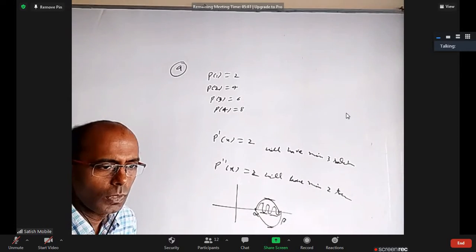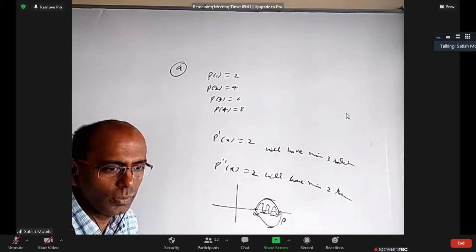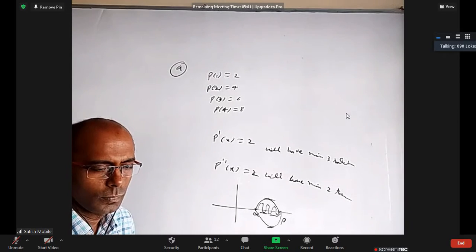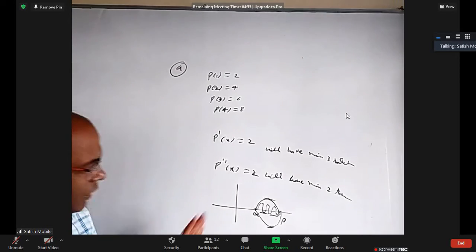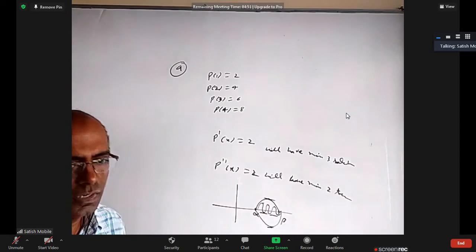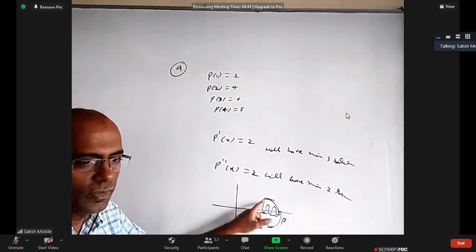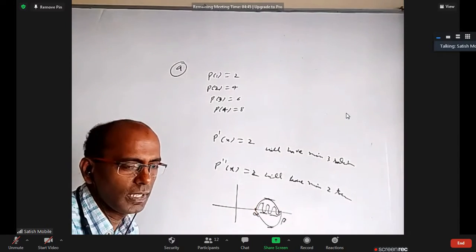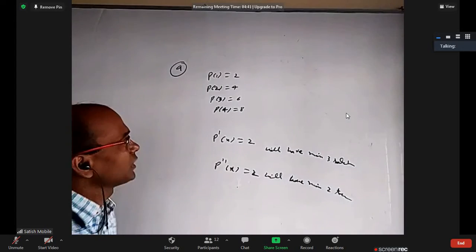Yes, sir. At any point if the tangent is horizontal, what is the slope, what is the derivative at that point? 0. Okay. So this is actually something called Rolle's theorem: whenever f of alpha is 0, f of beta is 0, and the function is continuous and differentiable, between alpha and beta somewhere the derivative will be 0. At least one number will be there like that. Okay. So based on that, here you have to get an idea.